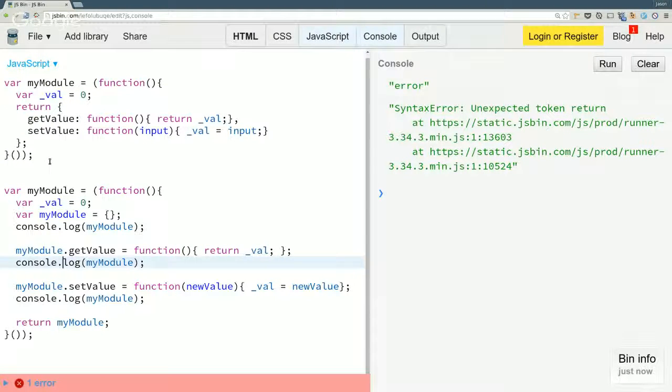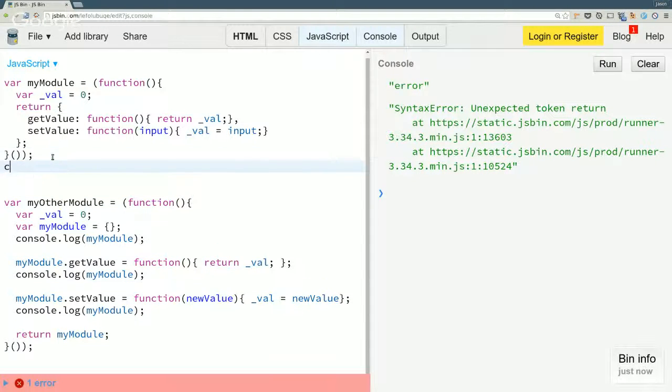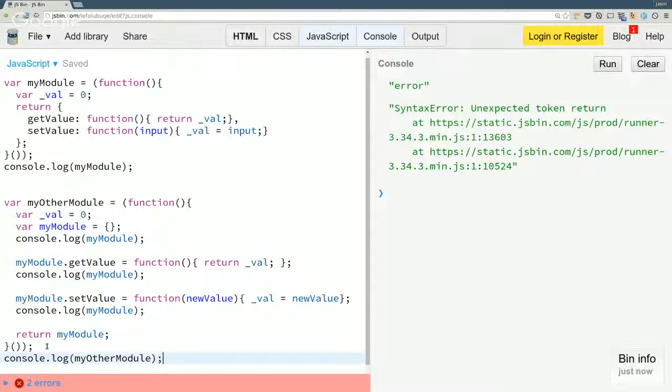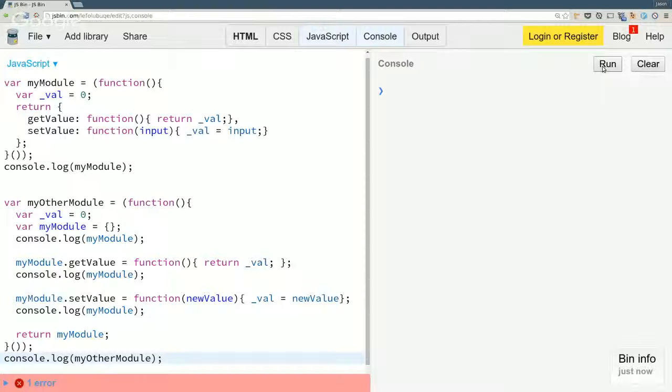So I can show you here. This is terrible naming. Here is my other module. If I console log module outside of here, console log my other module.value.